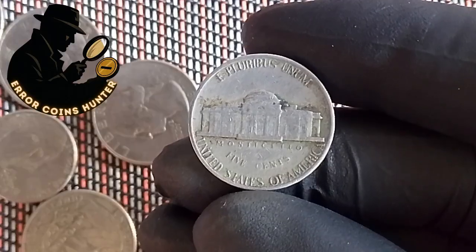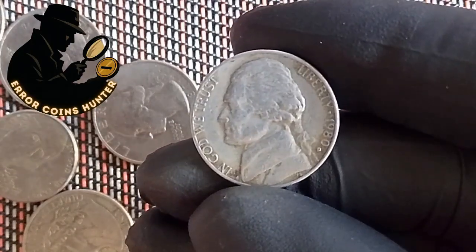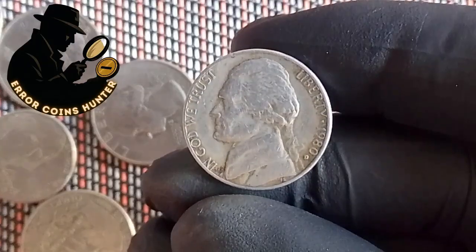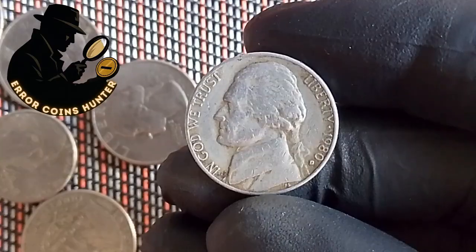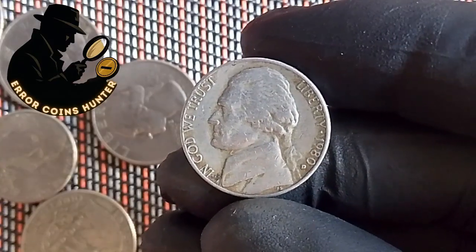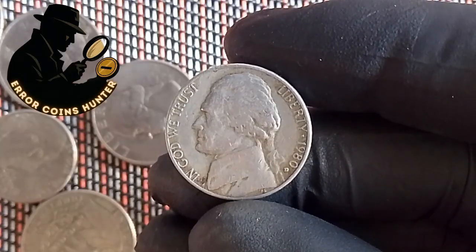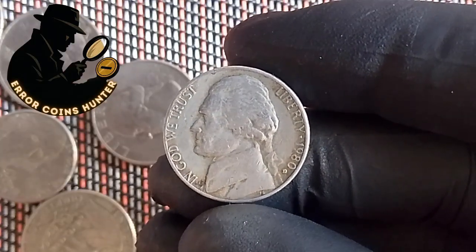And she was initially just planning to take everything to a coin dealer and sell it in bulk to raise some money to help with her own financial difficulties. Margaret spent several weeks sorting through thousands of coins, organizing them by denomination and date, and she was working through a large jar of mixed nickels when she picked up this particular 1980D specimen and immediately noticed that something was